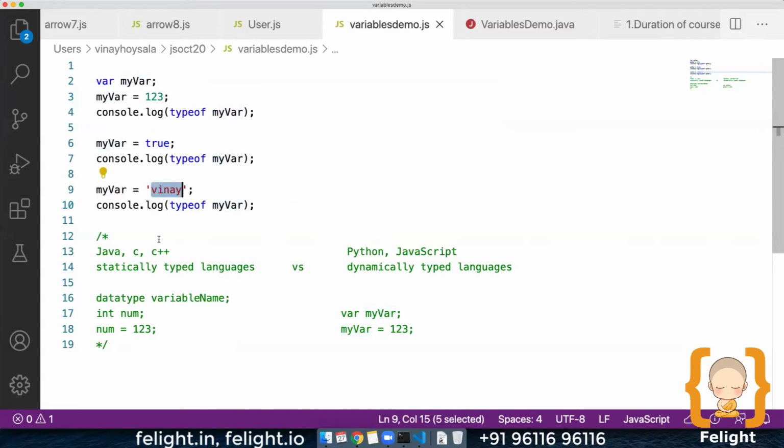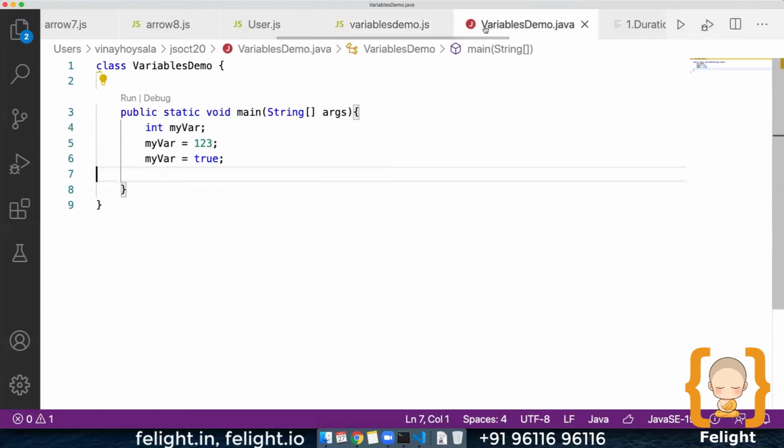All right? Yes, sir. Whereas this kind of mistake cannot happen if you are using a statically typed language. Once you define it, say myVar can store only a laptop, there cannot be anything else. The compiler itself will give an error. You see? Okay, yes, sir.